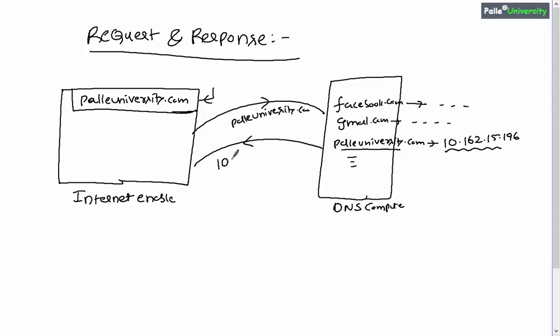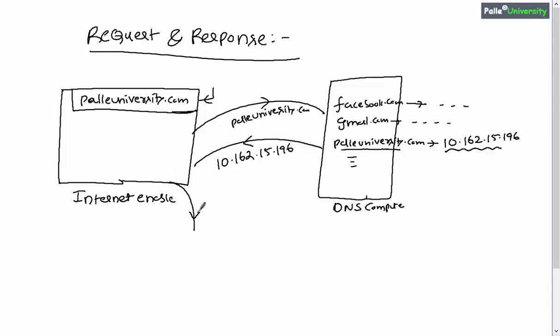So in this case it is 10.162.15.196. So once this IP address is sent back to your browser, now your browser will automatically send a request,